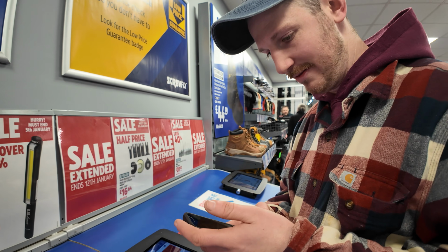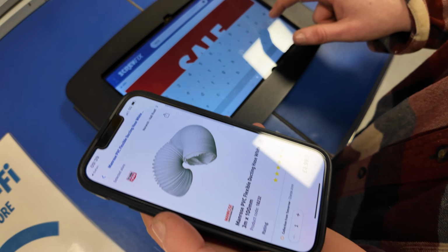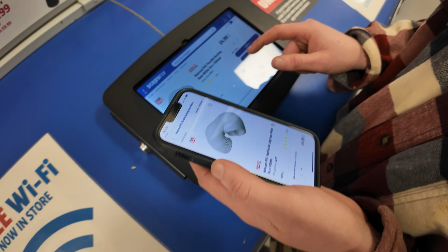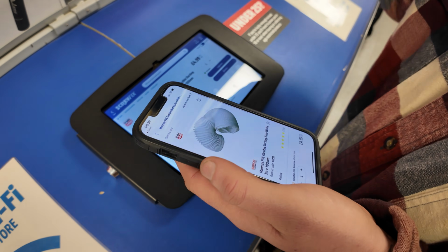Got the coat. Oh. The existing one. That one that's already there? The silver one? Really? That goes on...